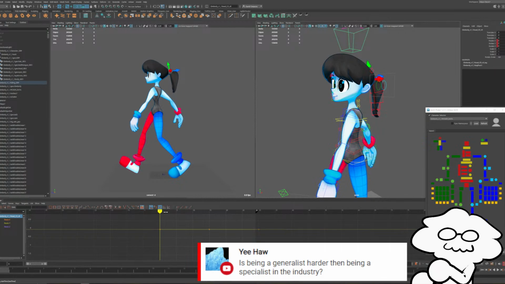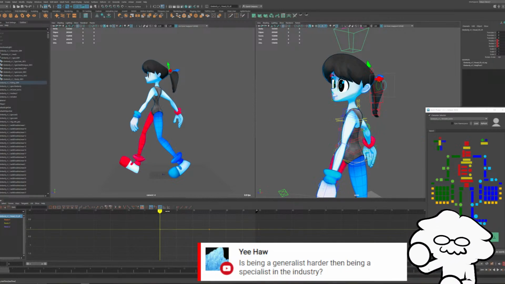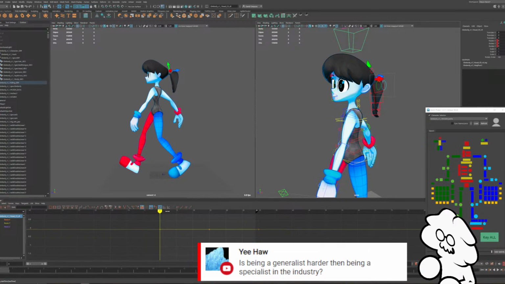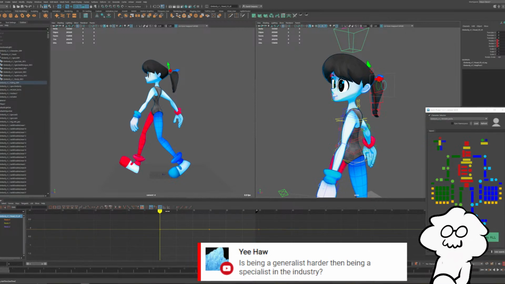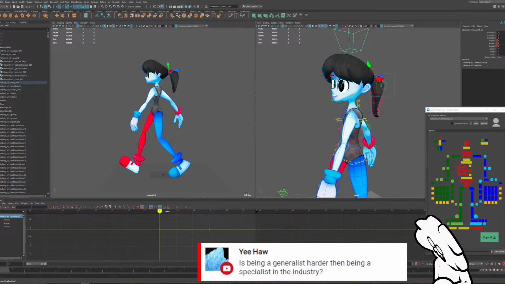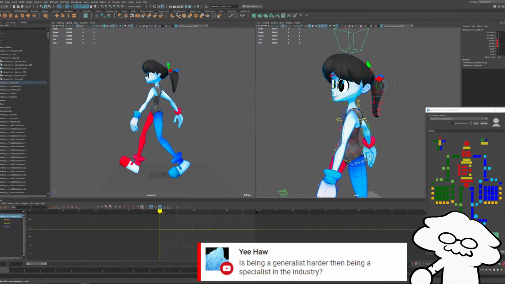Say you're good at animation, you bill yourself as an animator, but you're also capable of modeling, rigging, animating, whatever, which will look more attractive on a resume, if that makes sense. That's the way I see it. I think it's a little easier being a generalist maybe in theory, but overall it's better to bill yourself as a specialist of one specific job. At least in my experience. And it can depend on what industry you're in.